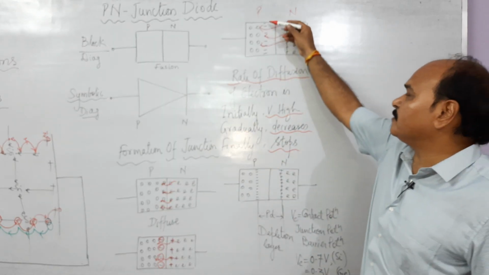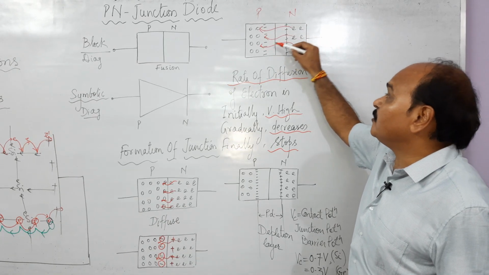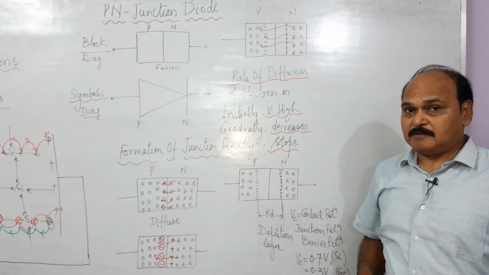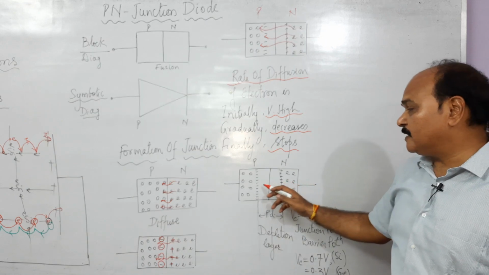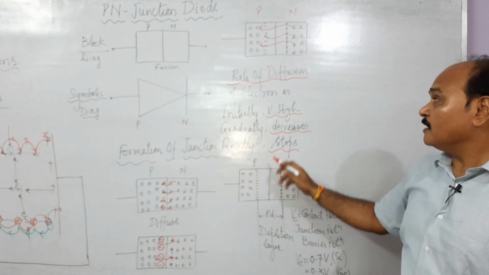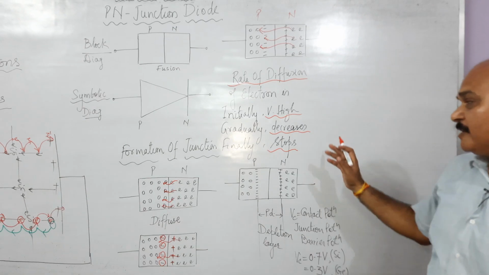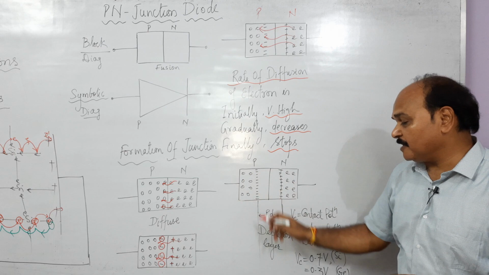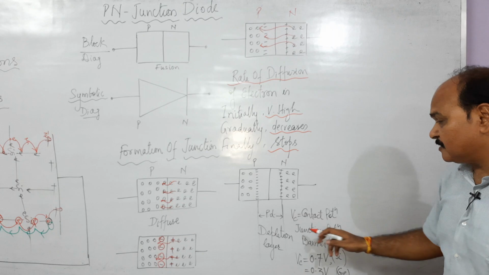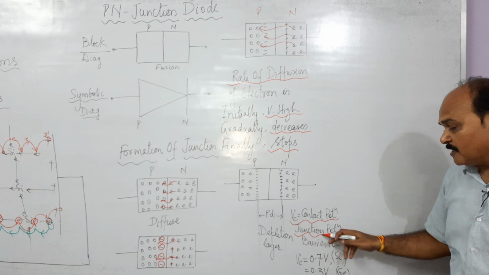This negative charge here becomes so strong that none of the electrons coming from n side are able to penetrate it. This accumulated negative charge becomes what? Impregnable. Electrons are not able to penetrate this region and combine with the holes here. So in this situation, the diffusion of electrons stops. And when there is no more diffusion of electrons from n side to p side, there exists a constant potential difference across the junction. This constant potential difference is called contact potential. It is also called junction potential.